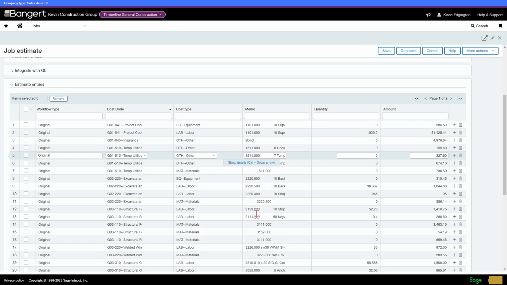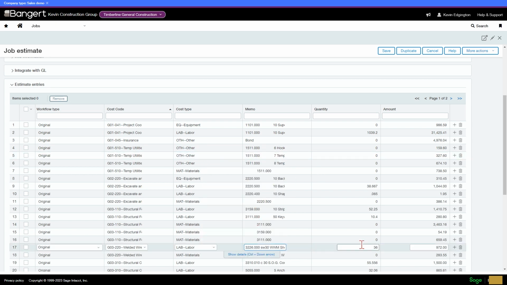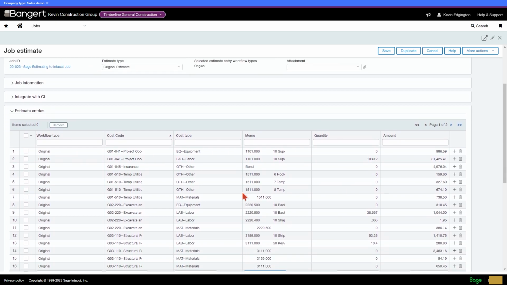So I can now get pretty much my detail of what type of sheets exactly did we say. I lumped it all to just welded wire mesh and so forth, but I could see that in my estimate, apparently it was 6.6 by 10.10 and so forth for my item description. Bringing over any quantities, any dollars. Where was my bond? Because bond was one of my add-ons. If I take a look at insurance here, there's basically where my bond showed up and what the dollar amount was. So very handy.